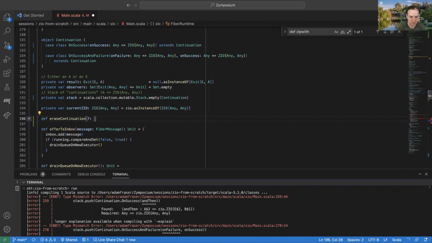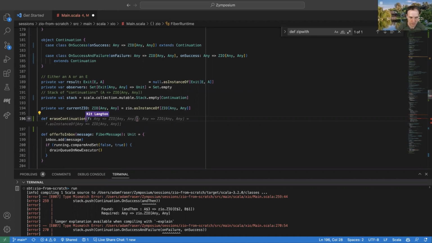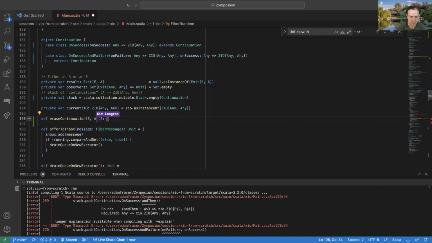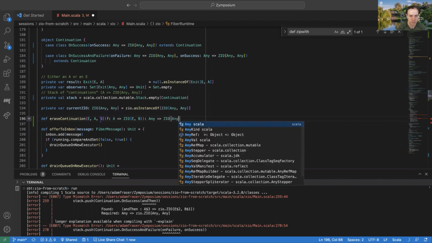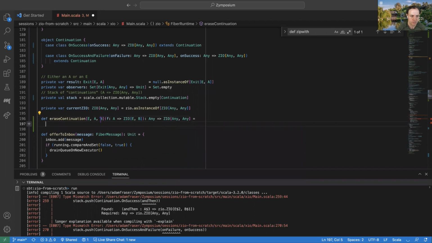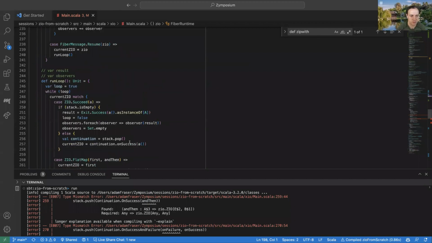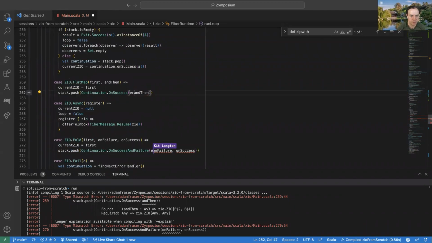And so this is basically going to take a nice, and then I should be able to use this to fix these.